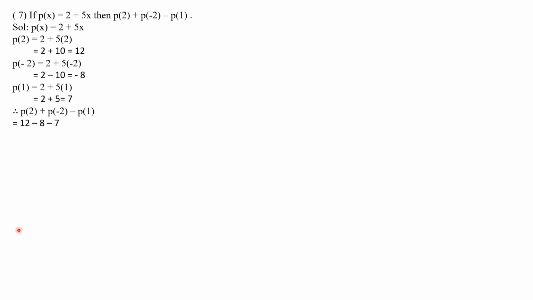So 7. Now students, you know these are the same sign, so the numbers will add. So 8 and 7 will become minus 15. So next step, 12 minus 15. If you do that, you'll get minus 3 as the answer. Clear? Next, eighth one. Factorize x minus 5 the whole square minus 5x minus 25, and in bracket it is minus 24.